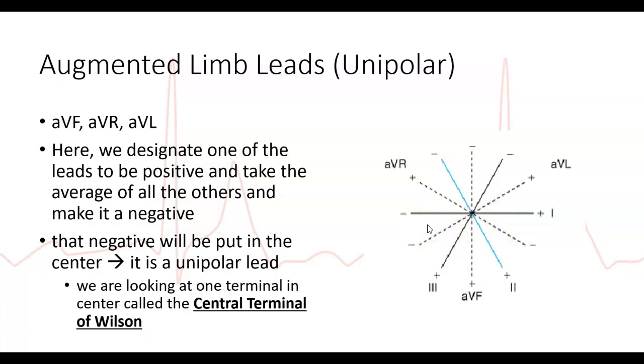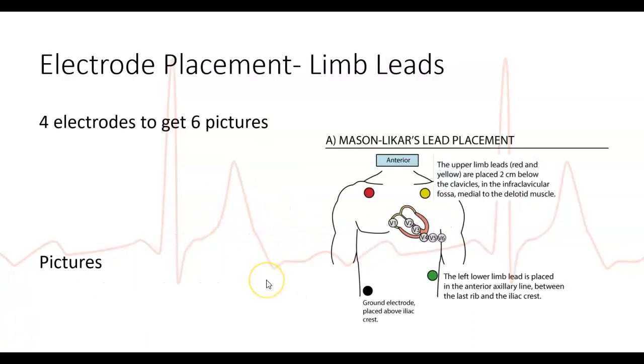The positive electrodes are located on the left arm, which is the AVL, the right arm AVR, and the left leg AVF. These are the same electrodes used for leads 1, 2, and 3. Okay, so electrode placement. With these limb leads, we're going to put 4 electrodes on an individual to get